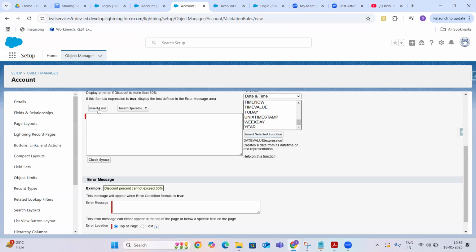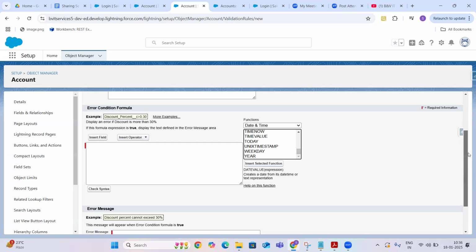Whenever you want to select some field, you have to use insert field. Whenever you want to select some basic operators, we are going to use insert operators. Whenever you want to use some functions, you are going to pick the function from this drop down. Okay. So now my condition is I want to check